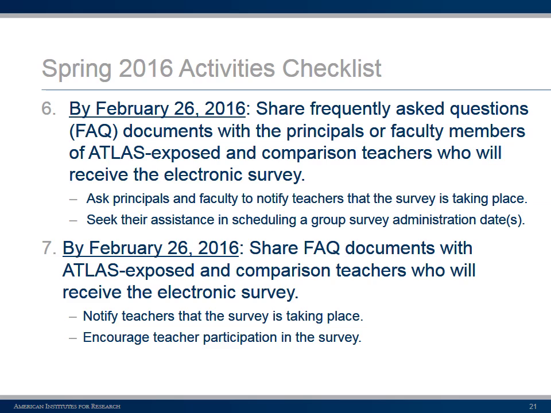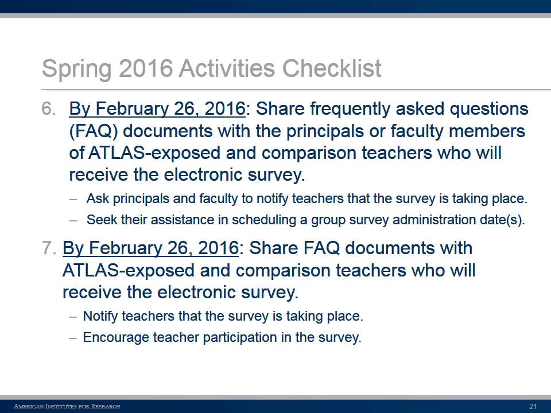The next item, item 7, is about sharing those FAQ documents directly with the Atlas exposed and the comparison teachers. It might be the case, you know best, that you're going to work through the principal and be assured that the teachers in the comparison school, for example, are getting the FAQ document.